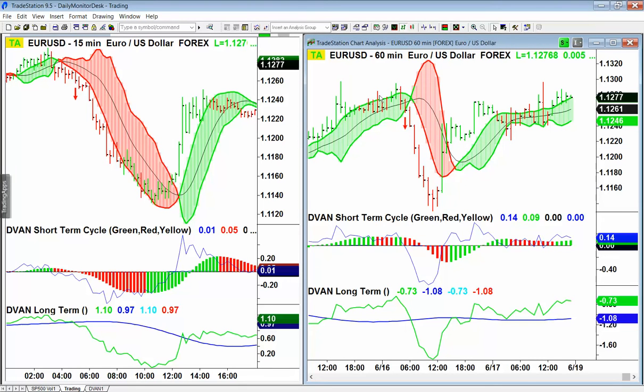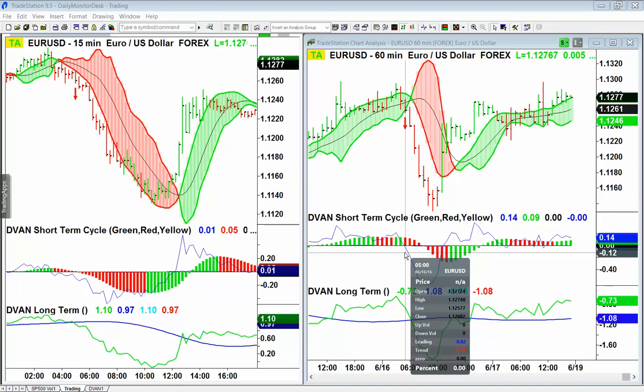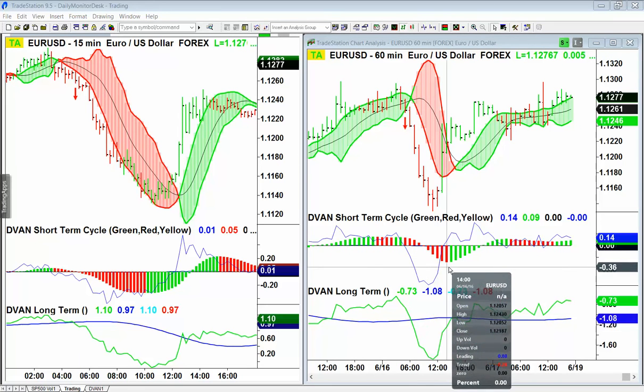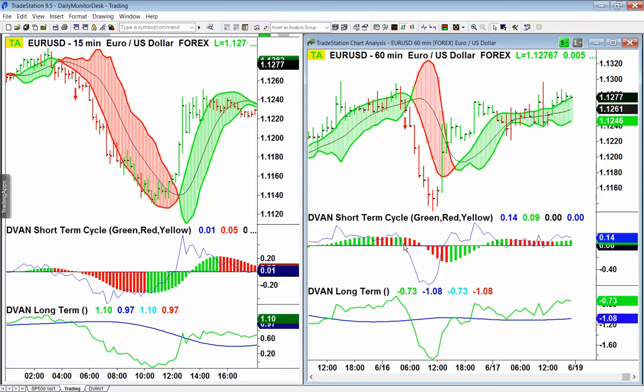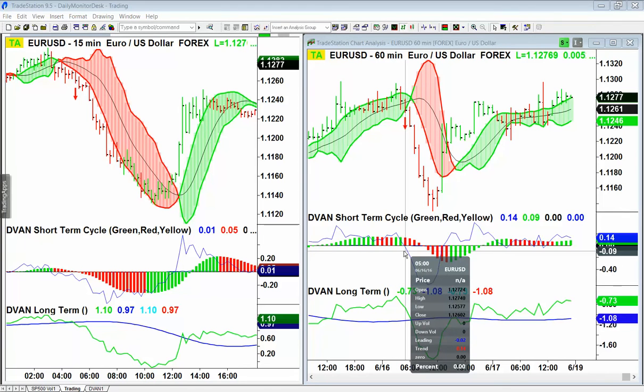As we see, we were in a buying cycle as indicated by the green shading in the cycle lines here. We barely break, but we break that buying cycle, which means ultimate support has been broken. On top of that, we have the red price bar showing that selling pressure is dominant at this point. The short-term indicator in the middle panel here has not only turned red histogram, indicating a short-term downtrend, but the leading line, which ultimately shows us that the force is beginning to confirm that trend, has broken through the zero